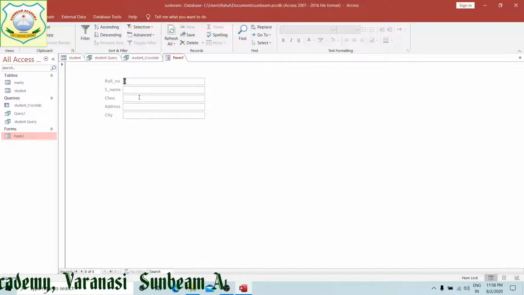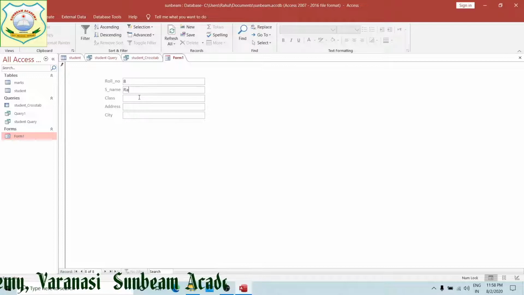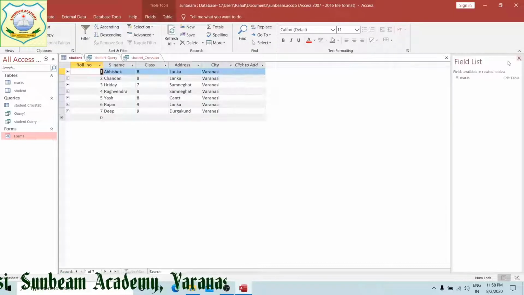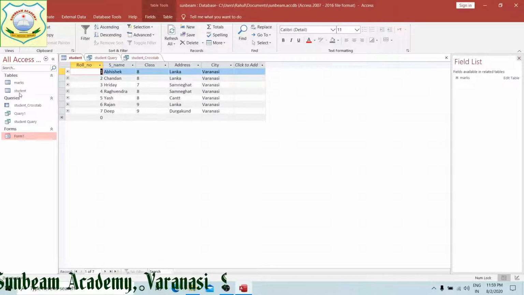8 will be the blank one. 8 is blank, class, 7, address, Lanka, then city, Varanasi. By this, here I have put, when we click it, close it, now you can see your students.